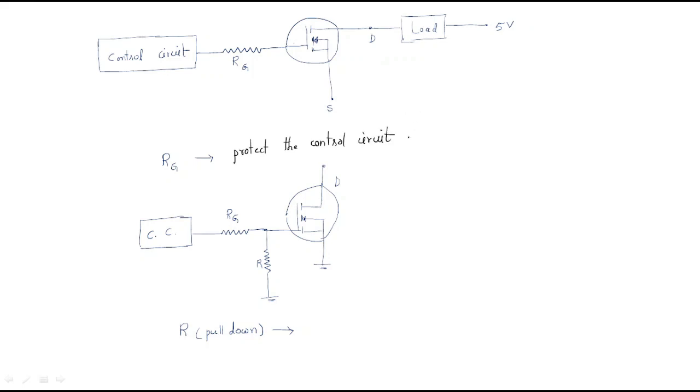It will protect the control circuit. If there is no RG, what happens? The MOSFET draws a lot of charging current. The problem is, if RG is not available,